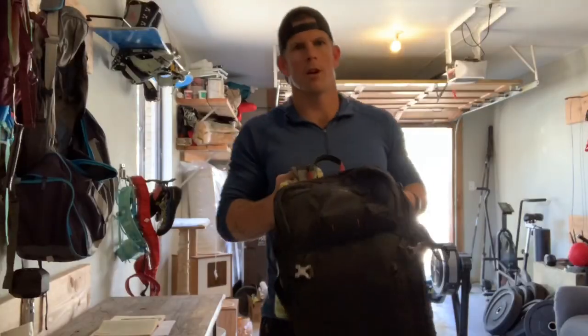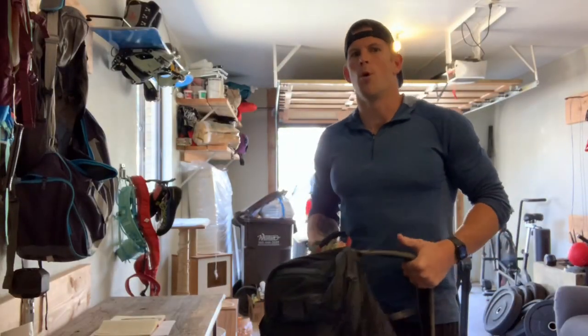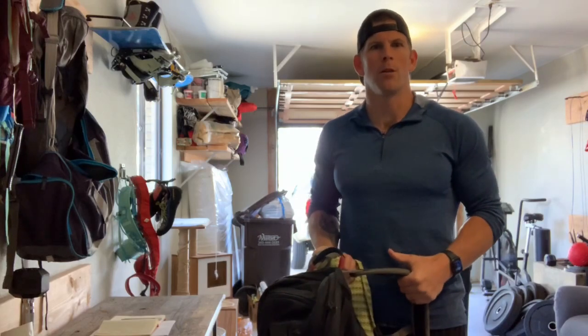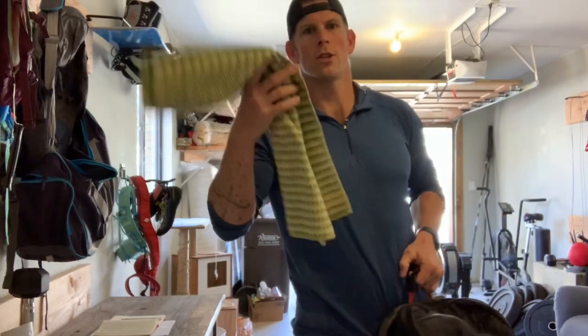Okay, we're going to be going into 3 sets of 15 bicep curls and 15 tricep extensions. I've got a fun little modification for you right now that I'm going to show you with the backpack. We've already loaded up our backpack with all of our books, or you can put rocks in there, or a bunch of water bottles and kind of fill it up, make it a little bit heavier. What I like to do, use the top part here, washcloth,